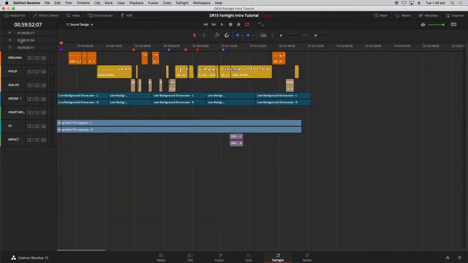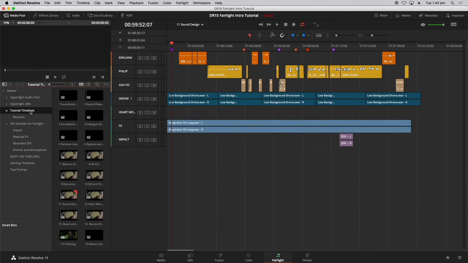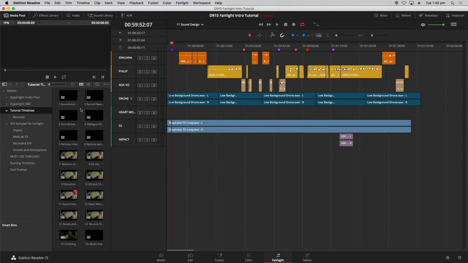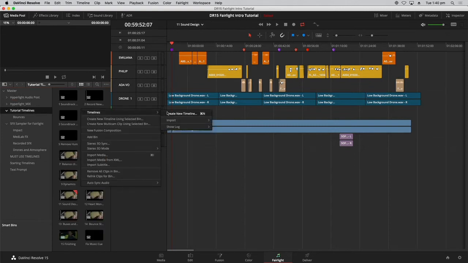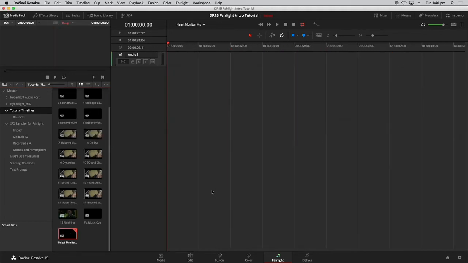So let's do that. Let's go over to the media page. And let's just create our new timeline. You can do it right here in your tutorial timelines if you want to. Just select the bin, and anywhere in that empty space, right-click timelines and say create new timeline, or just press Command N to create your timeline. Let's call it heart monitor. And you can even put your initials next to it if you want to create something special, and there it is. I have my new timeline